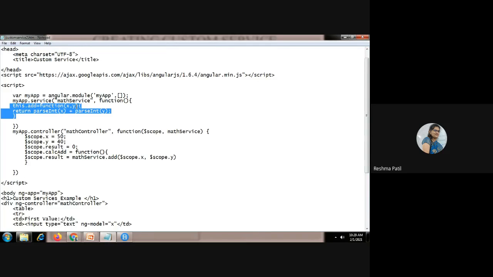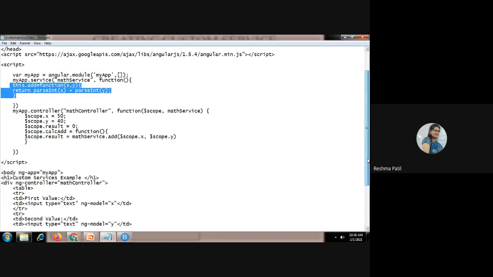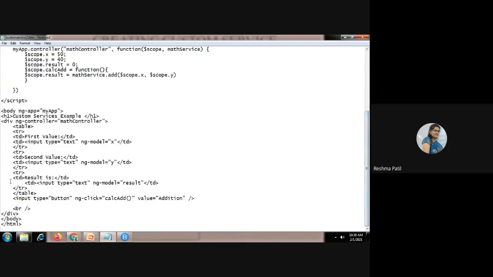So 50 and 40 will be passed here. So 50 plus 40, that is 90, will be returned, and that will be stored into the result variable. Here in this third text box, we are going to show the result of that variable.